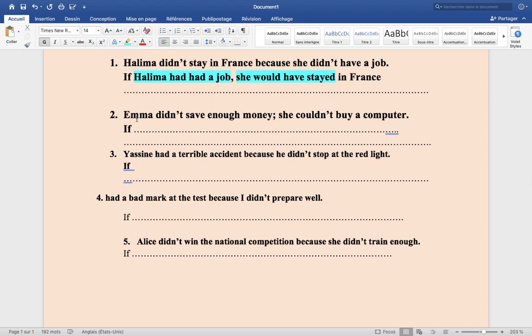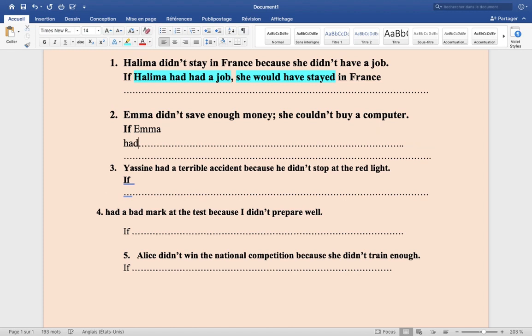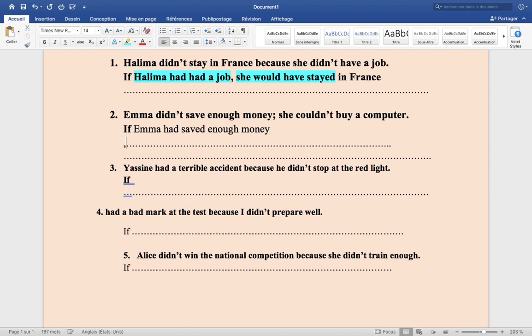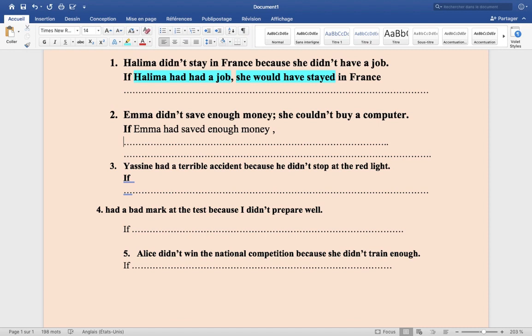We're gonna move to number two. Emma didn't save enough money. She couldn't buy a computer. Okay, so we're gonna write it with the past perfect, or conditional type three. We're gonna write, if Emma had saved enough money,